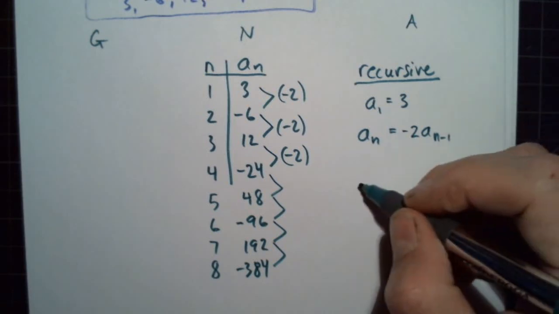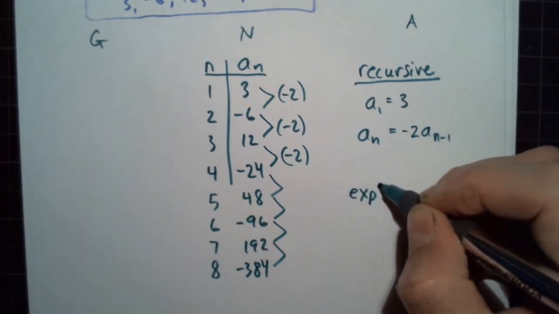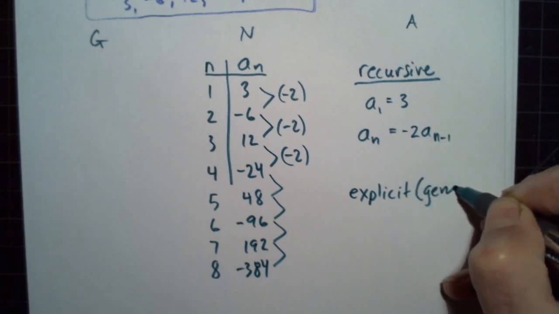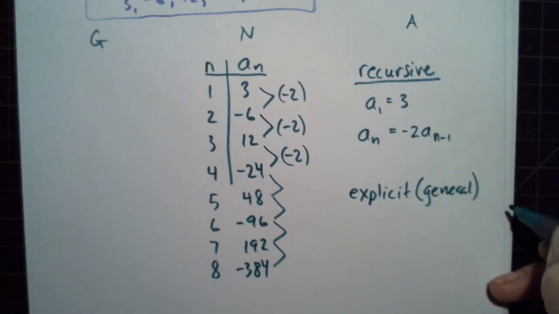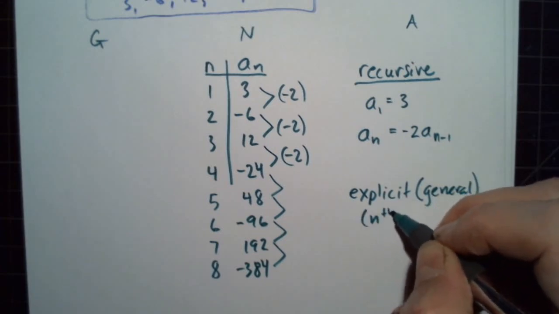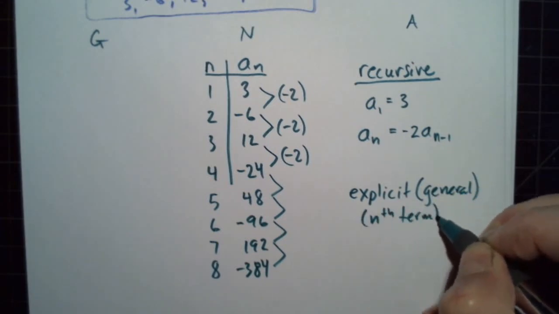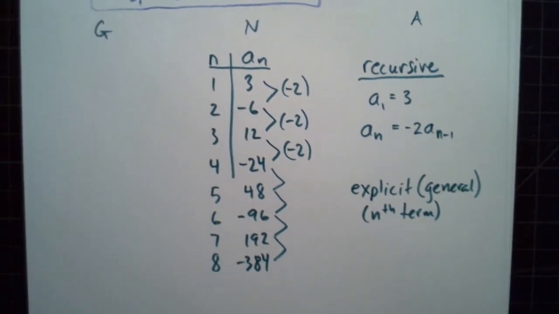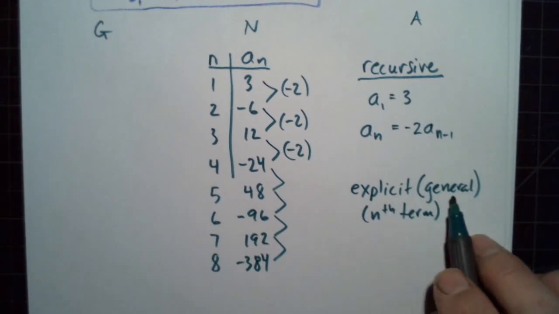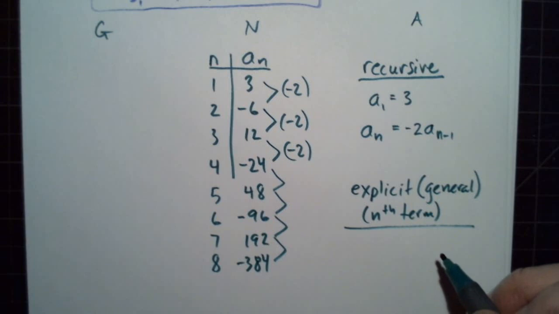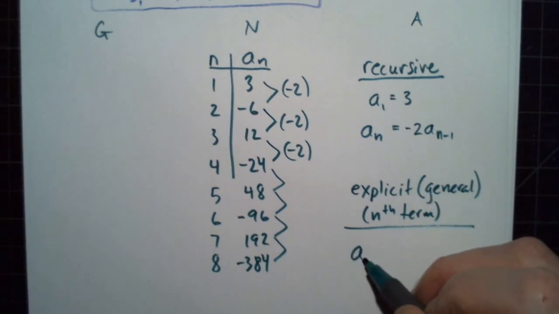So we have recursive, and then we have explicit, and it's also called general form. It's also called nth term. So there's another confusing part about sequences, which is that there's a lot of vocabulary. We have the explicit, the general, the nth term. They all mean the same thing. And in this problem we'll have